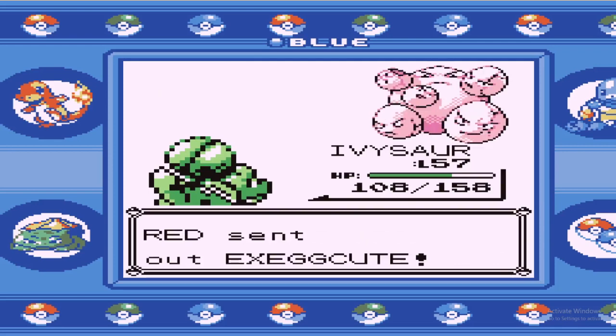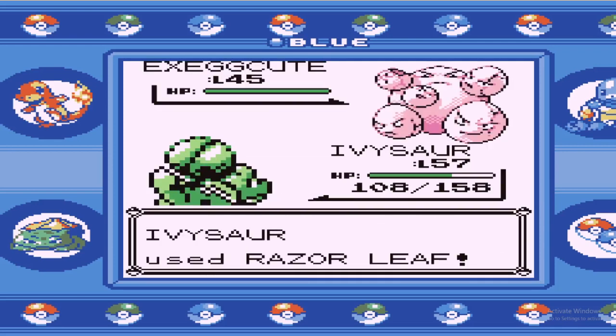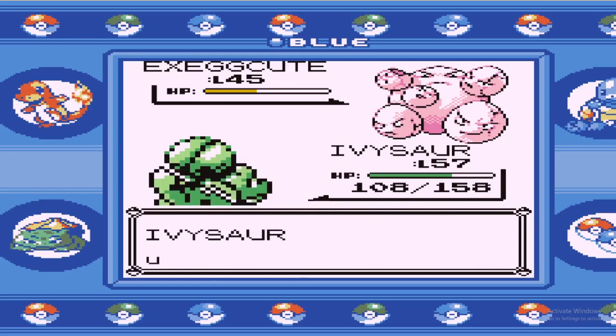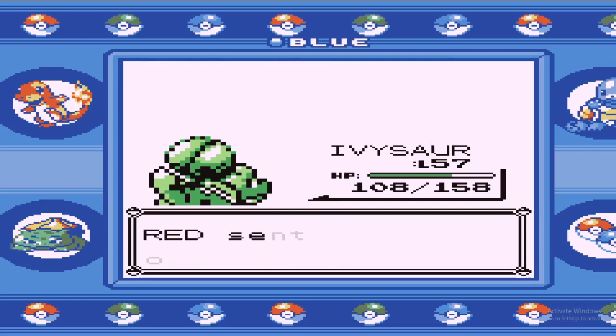Next up, he's going to send out his Exeggcute. We use Razor Leaf. Okay. I thought we were going to use Double Edge. It is still unevolved, his Exeggcute, so it's like, yeah. It used Poison Powder on us because it believes it's super effective, again. But you can't poison a poison type, so